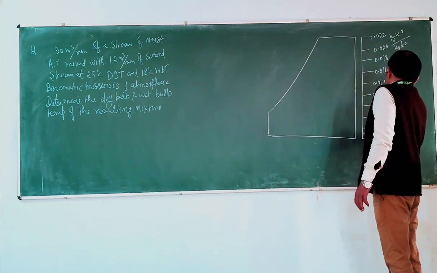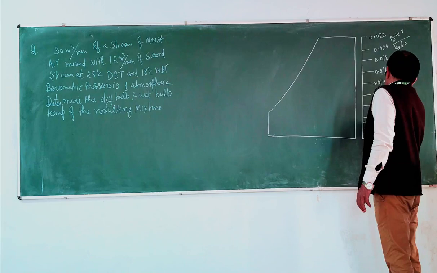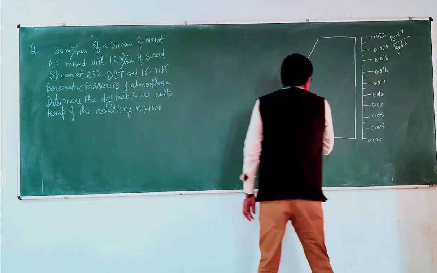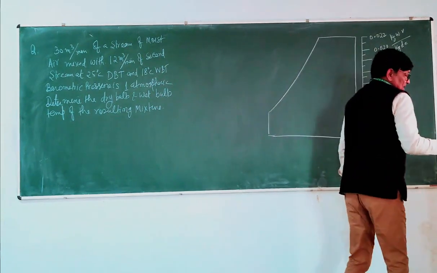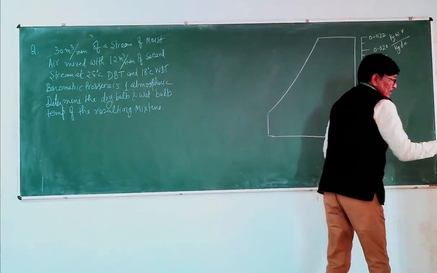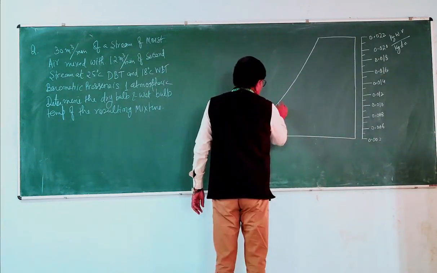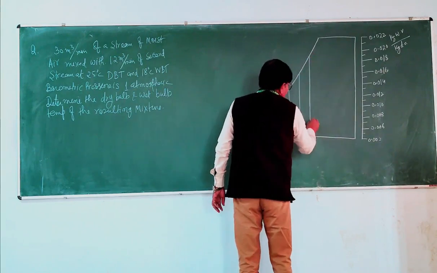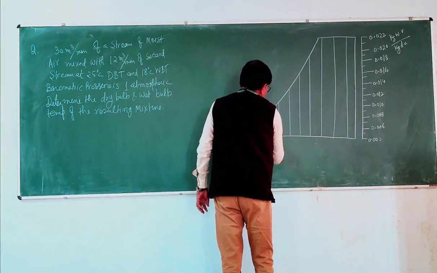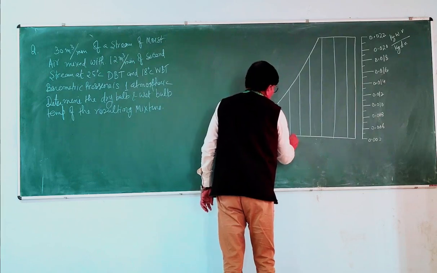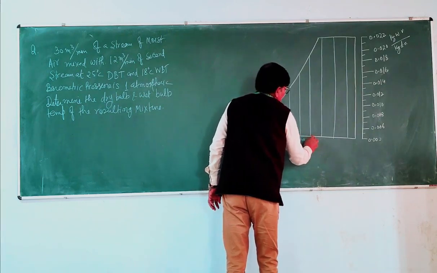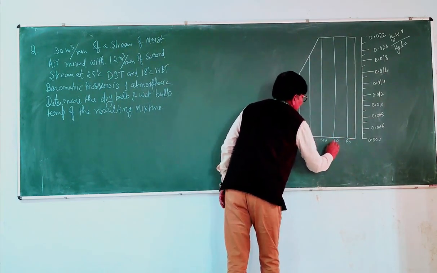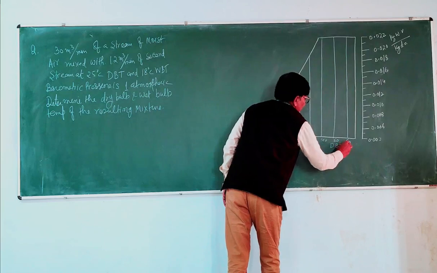And let us divide these values between two so that you can easily find approximate values. These are midpoints. The first line that I will draw is the dry bulb temperature line. Vertical lines are dry bulb temperature lines: 0, -10, 0, 10, 20, 30, 40, 50. DBT, dry bulb temperature, degree centigrade.